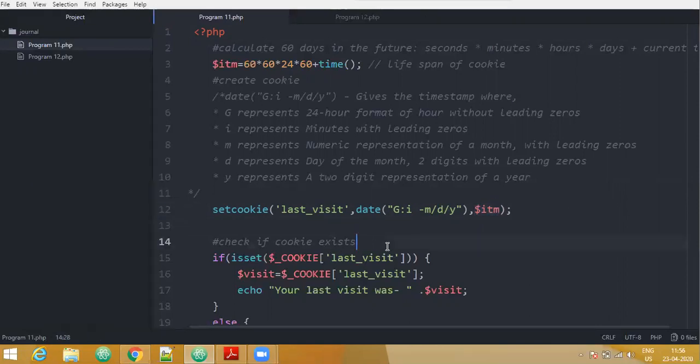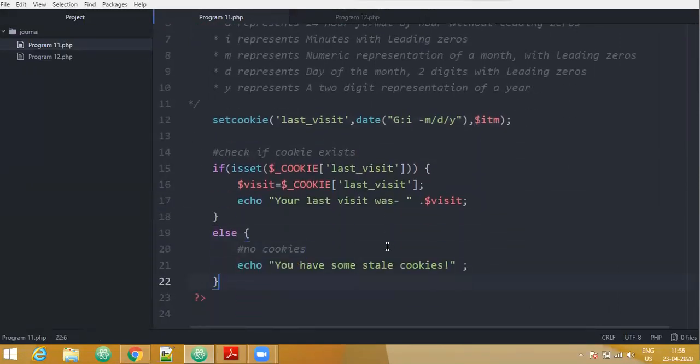Then here we have an if condition. We know the isset function now. The isset function is going to check if a cookie exists or not. So $_COOKIE is a global variable, acting like an associative array. Inside this we have passed our cookie name.